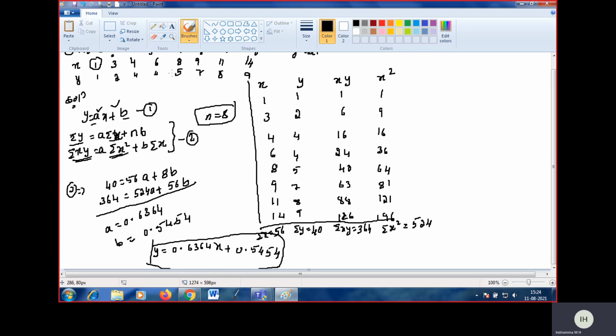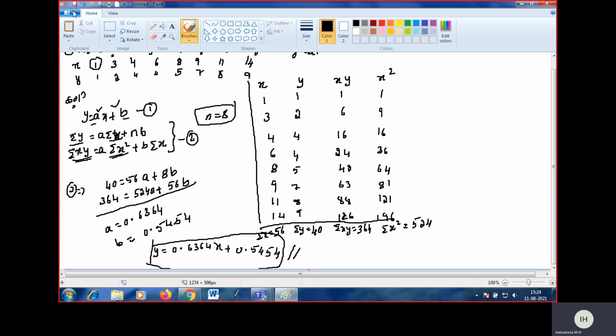Okay, because as I told you earlier, we are finding the straight line. It is going to cover maximum of the points, and for the remaining points it is very near. So such a straight line I am finding. You can verify your answer by substituting x values. Either you will get the exact value of y or near value of y. Okay, this is the first problem of curve fitting. I think all of you have understood. So we can go for the second problem